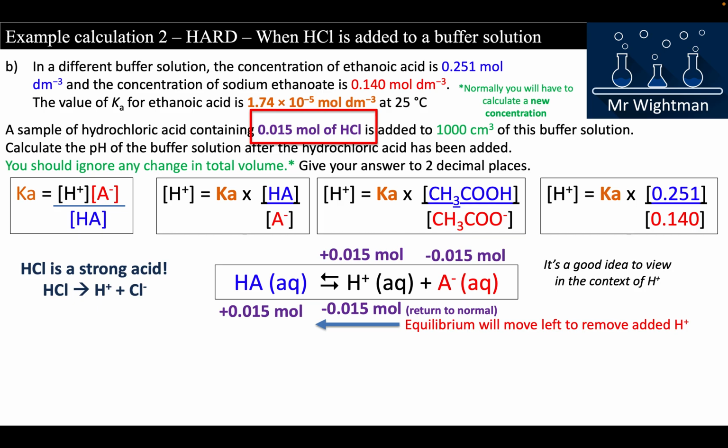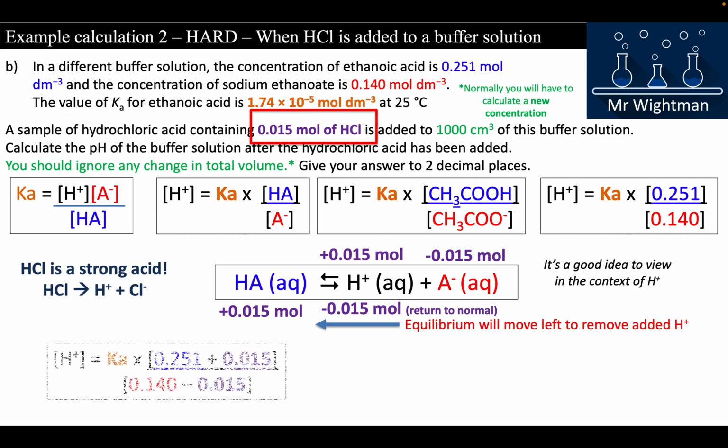So my H+ stays constant approximately, and my A minus has gone down and my HA has gone up. I just need to now reflect that in my calculation here to get the value for H+ at the new